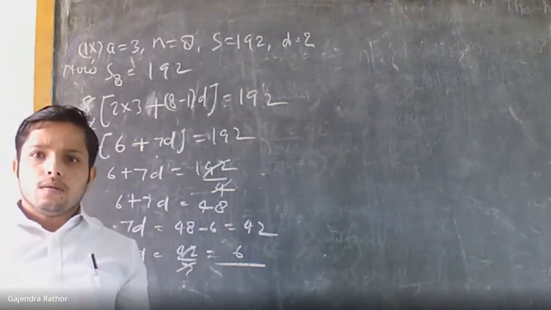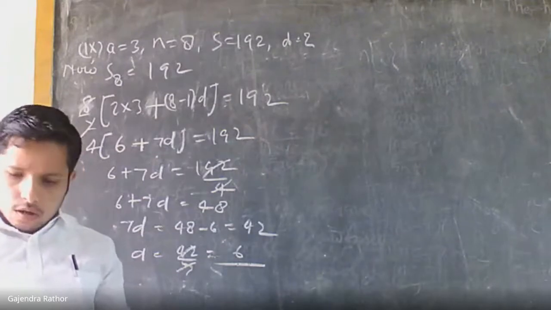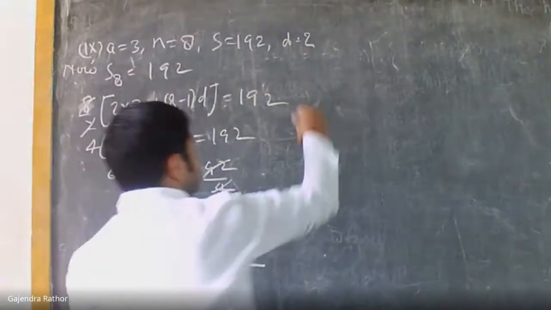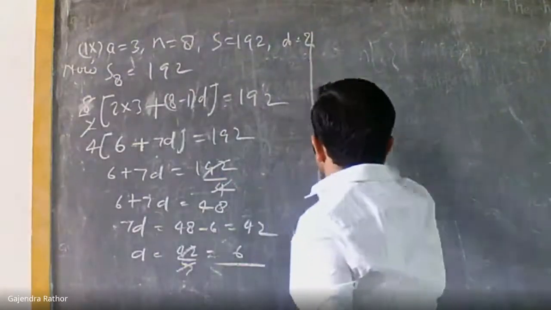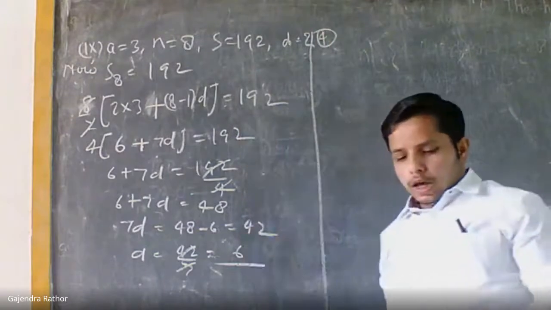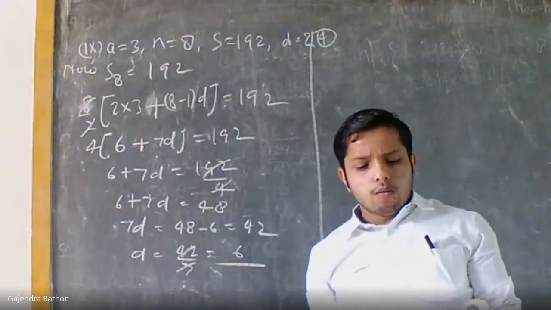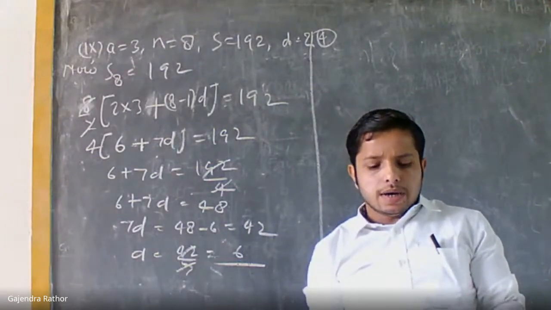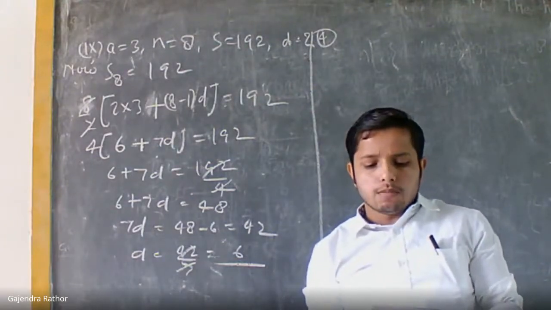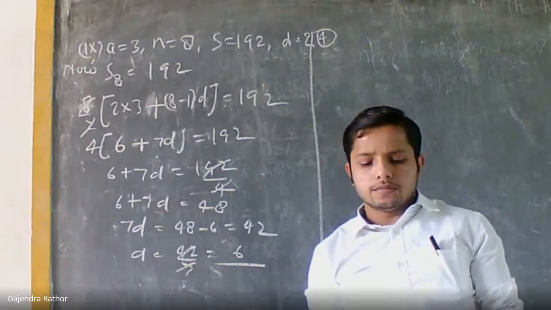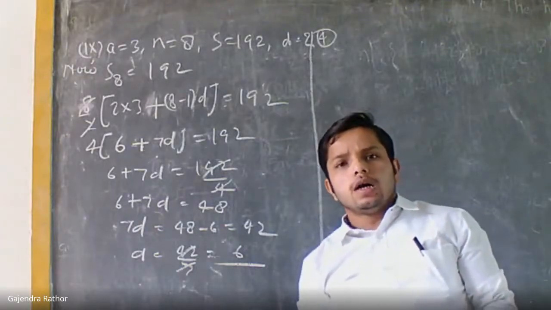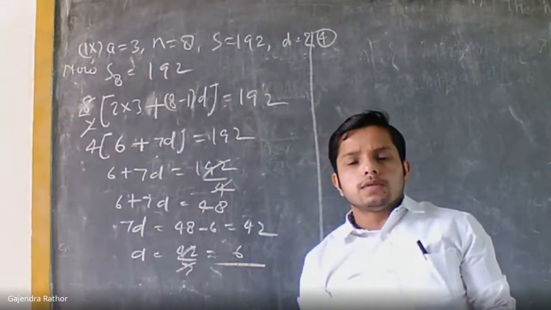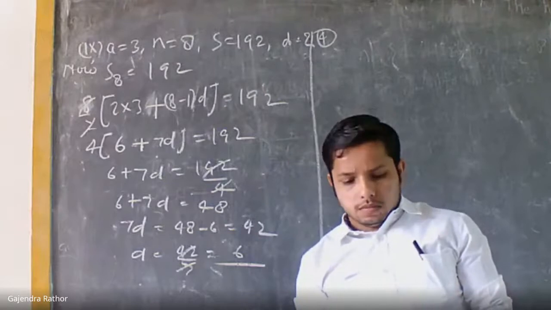The last point, mark this point for today's homework. So I am going to discuss the next question, number 4. In this question, one AP is given. How many terms of the AP 9, 17, 25 must be taken to give a sum of 636? Means in this one AP is given, and the sum of some terms is given. We have to find the number of terms for the given sum.